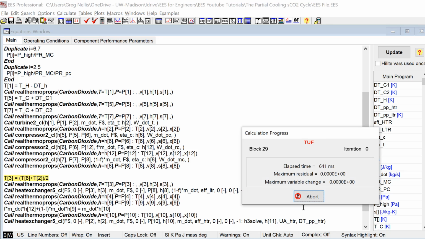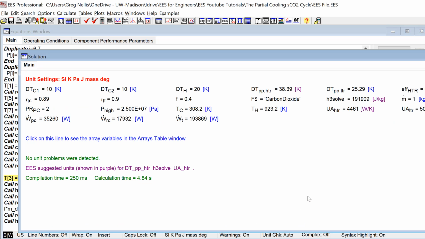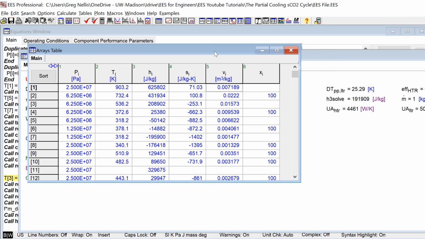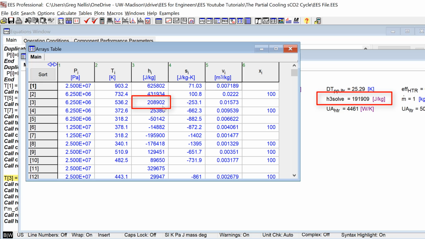And after I solve, which takes a bit of time, you'll see that the value of H3 solve and the value of H3 that's associated with my guess value of T3 are not the same, which isn't surprising. It just says that I didn't guess the right value of T3. But I do now have a simulation that's running and it works, right? Okay, so